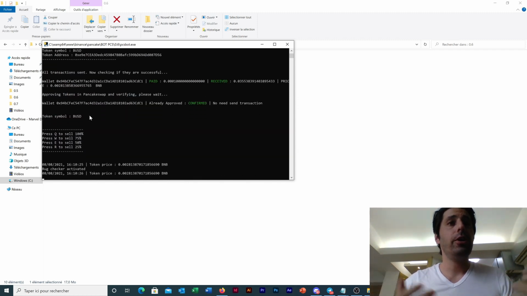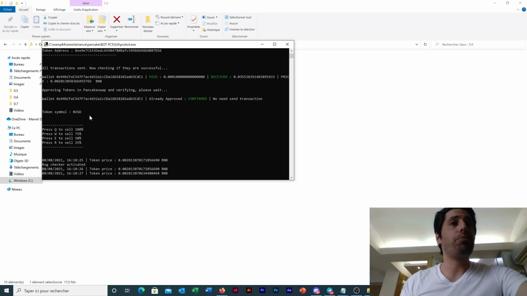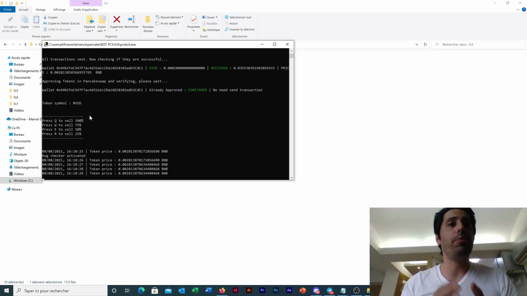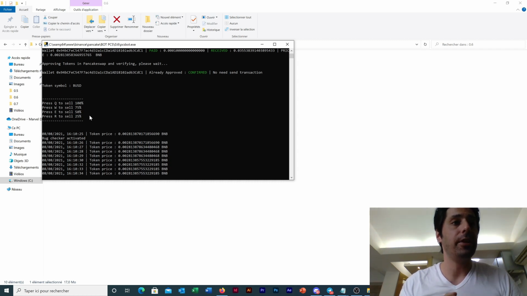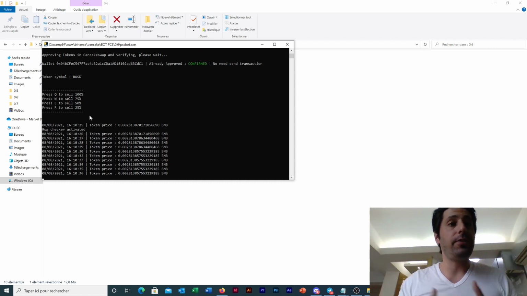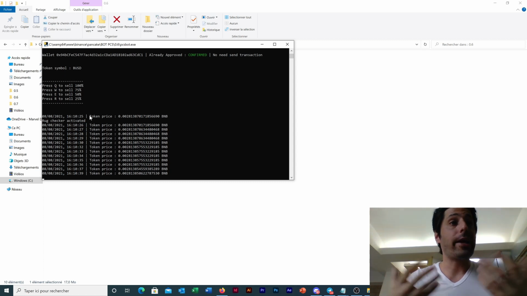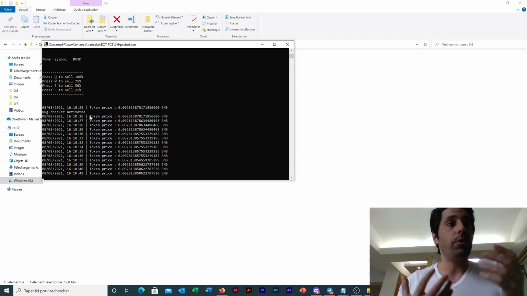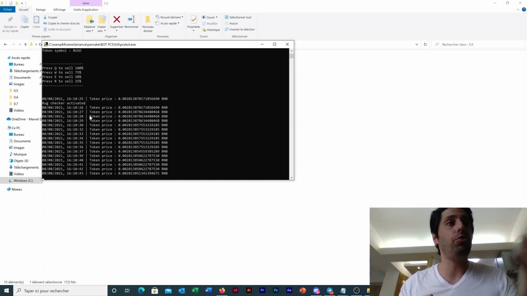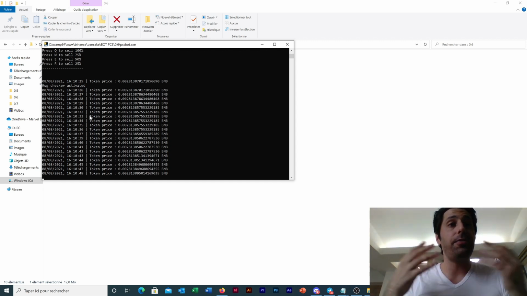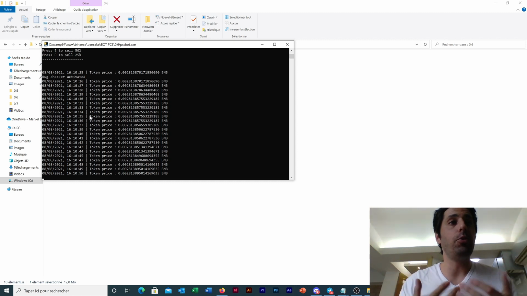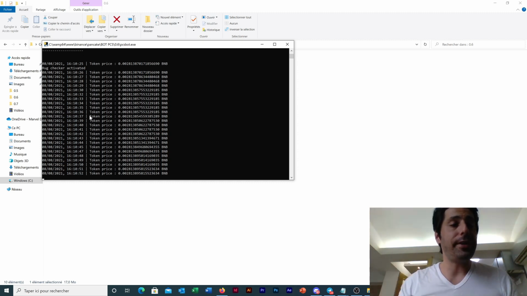Voila, successful. Also, you can see approving token: already approved, because it's already approved, and we also have the rug checker activated. So now the bot is scanning the price, so I can sell anytime with my 4 hotkeys Q, W, E, or R, and if there is any attempt of liquidity removal, the bot will detect it and will sell the token immediately. So we just have to wait.